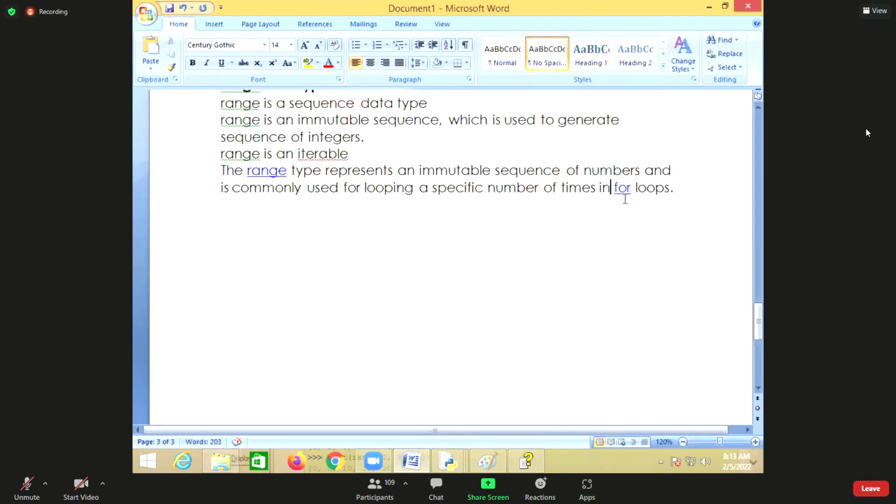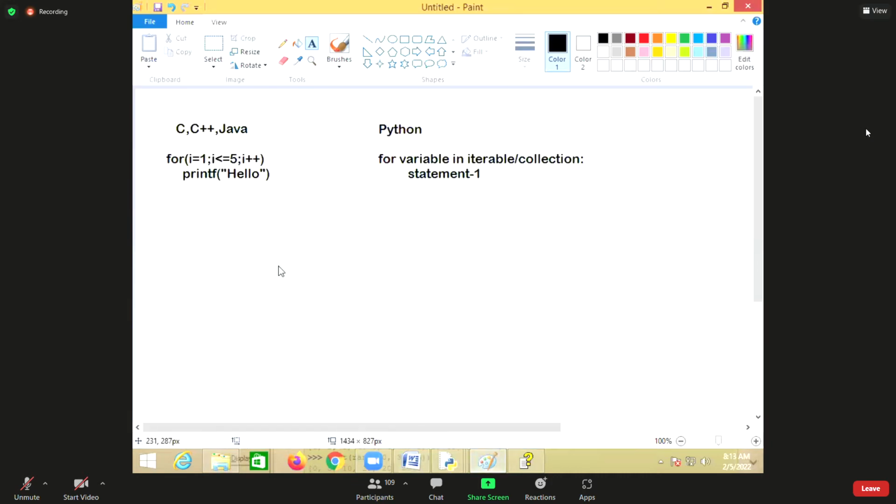But actually range is for generating a sequence of numbers. Now, what is the syntax of range? Whenever you talk about range, range has a start value. For example, I want to generate values like 1, 2, 3, 4, 5, up to 10.